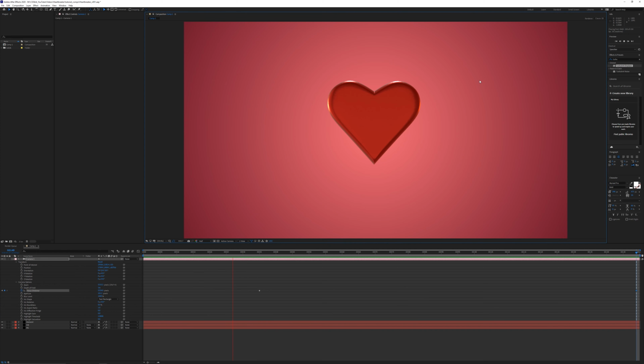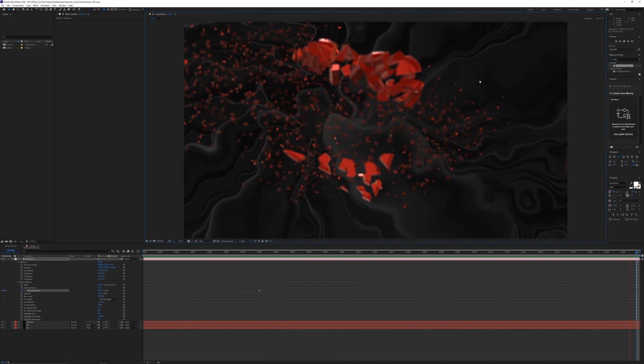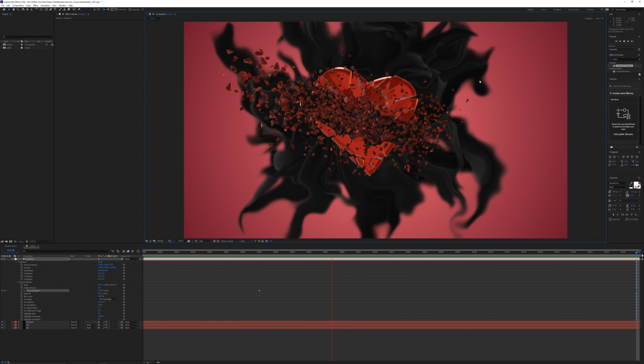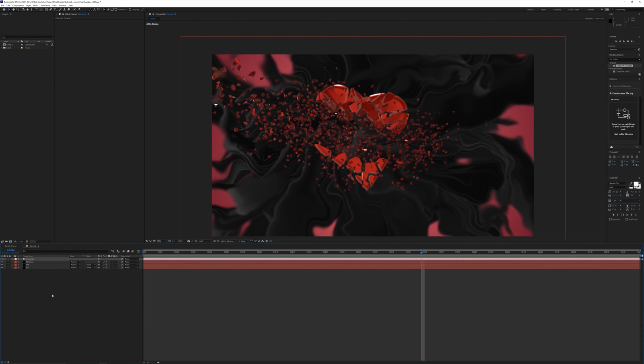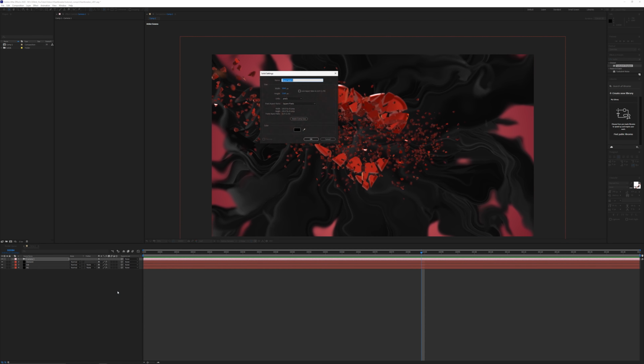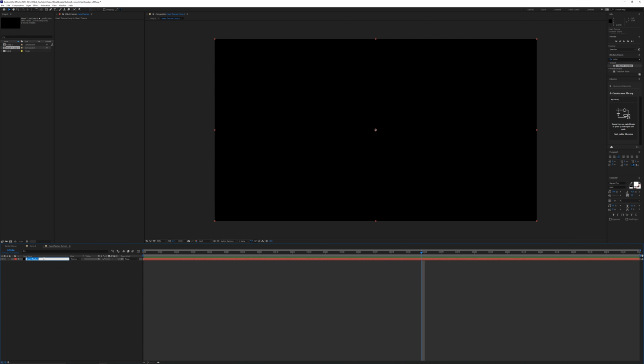But then there's something else that I would like to do with the actual heart itself. And that is I'd like to use a custom texture and kind of animate the heart turning black, as if the poison is infecting all the pieces of the heart. So to do that, we're going to create a new solid, and we'll just call this heart texture. And next we're going to pre-compose it and then go inside the pre-comp. So we're going to say heart texture, and the first one is going to be red. Click enter and then type in red at the end.